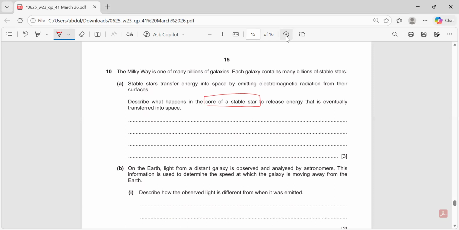And I think it is simple memorization, but 15 million degrees Celsius is the temperature in the core of the sun. So to release energy, that is eventually transferred into space. 3 marks are there. So you know what is going on. I will say that nuclear